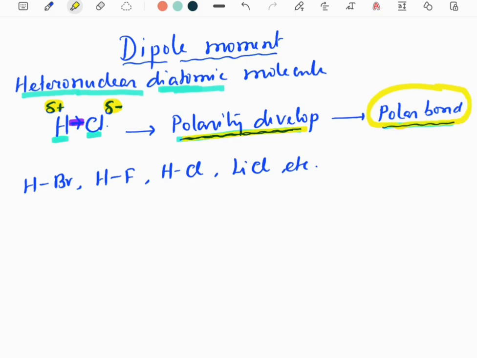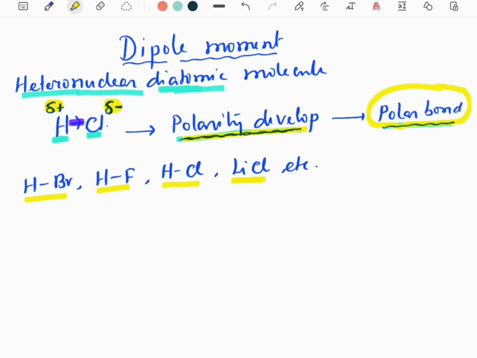Okay, so for some other examples we can take HBr. This is also a polar bond. HF, this is also a polar bond. HCl, obviously we have already discussed. LiCl, this is also a polar bond. So in this polar bond, the polarity will be developed because of the development of partial positive and negative charge